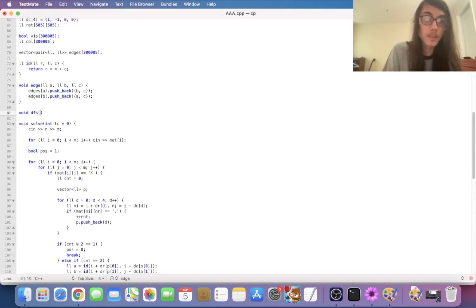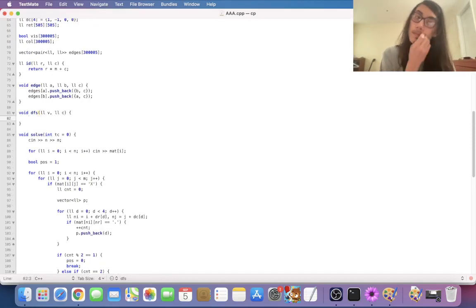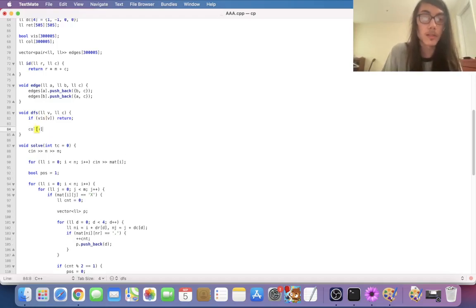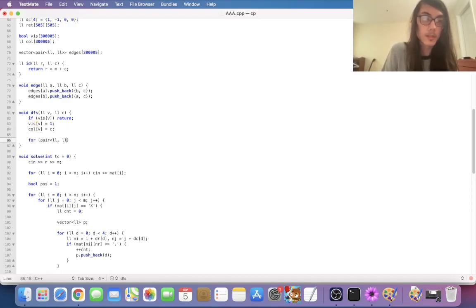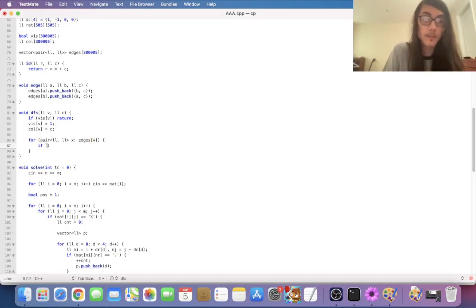Alright, void DFS. So otherwise, color of V is equal to C. Now, for each edge, for two coloring, we can do greedy. So if vis x dot first,